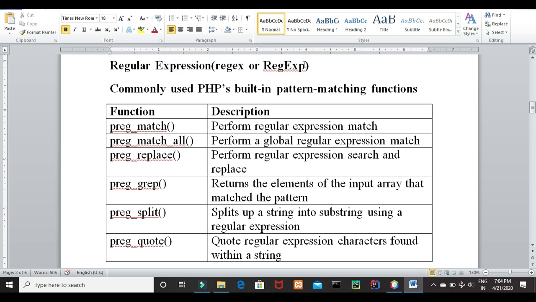For example, we have seen the form, right? In our form, we collected different data, such as name, email, address, etc. Now, the name is made up of only alphabets, so we can validate the name. For example, we can check whether the user has entered numbers or special characters.